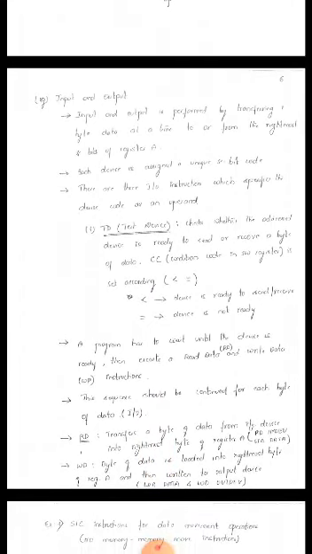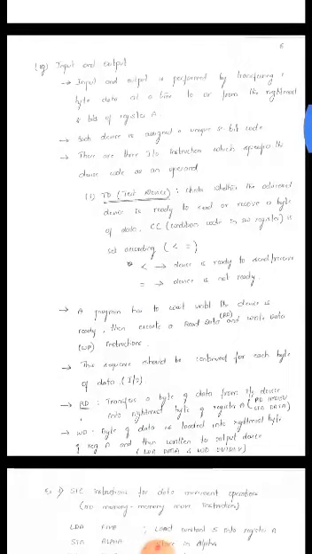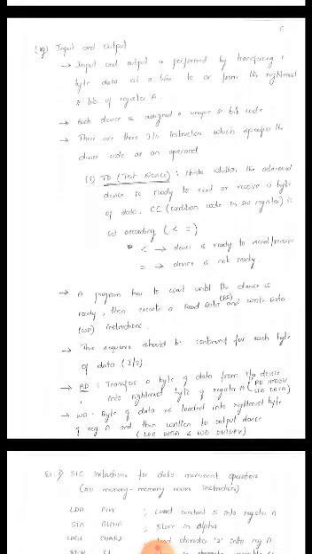And the last one is input and output. Input output is nothing but you read a character or data from the input device and store it somewhere, and output is you read the data from an already available register or memory and write onto the output device. But the very important point to be noted is it can read only 1 byte at a time. If you want to read 8 bytes of data, you cannot read all 8 bytes at once. You have to read one byte at a time. So that is very important.